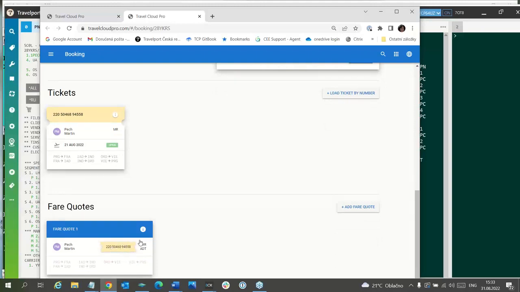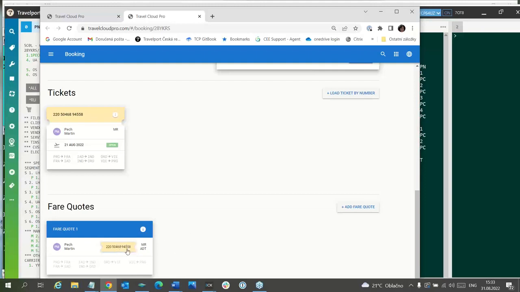This filed fare with the ticket, it is not necessary to remove it, because you will have a calculation for new segments. Yes, so it can live here, and when the filed fare is with the ticket, it is not possible to remove it via TCP.